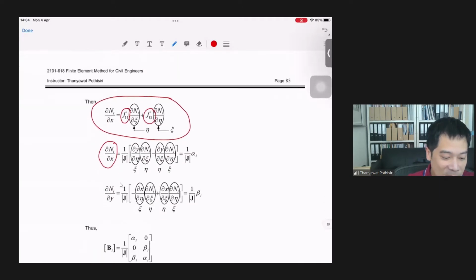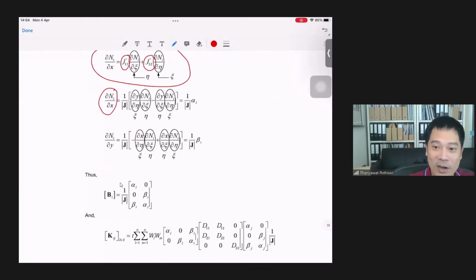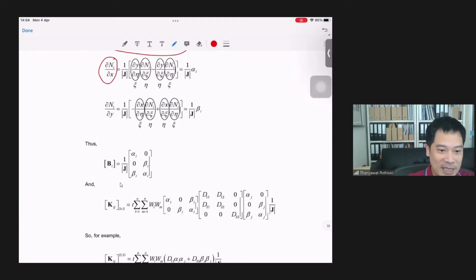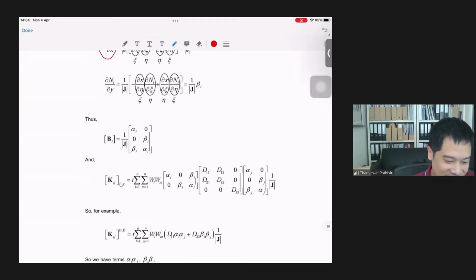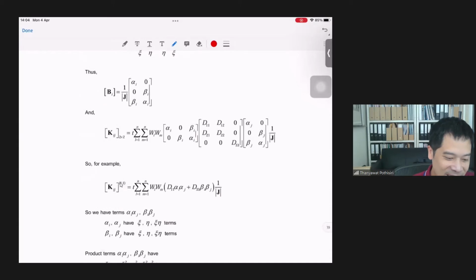Okay, so now if you look at each of these terms and you try to come up with the order of polynomials that the final term would end up with, you would see that each of the thickness terms would be computed based on this. Okay, so in the end you would have something like this,